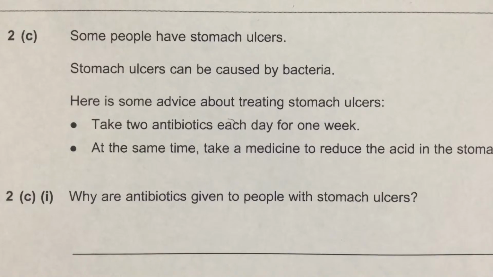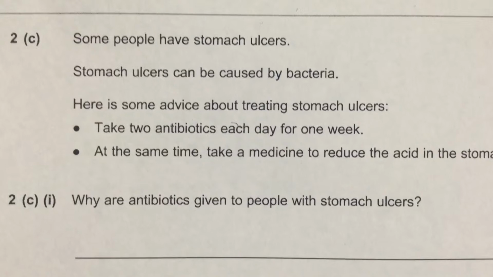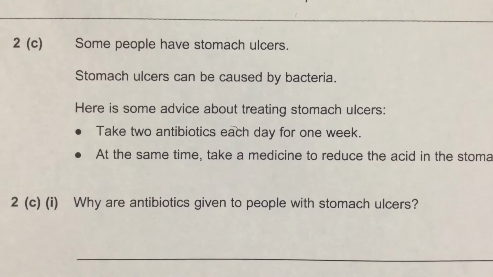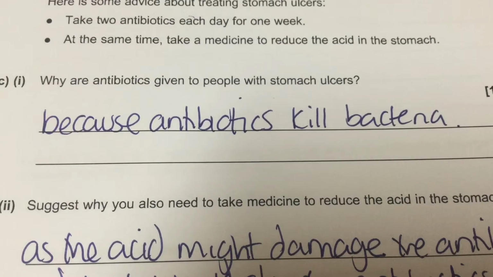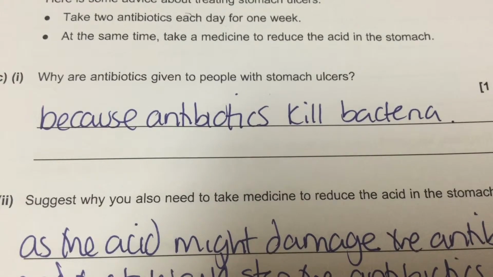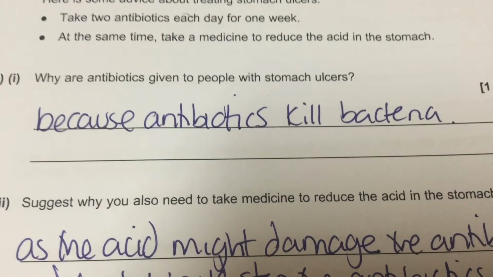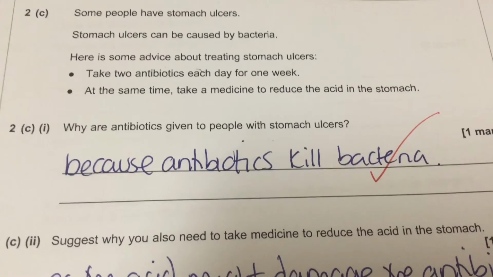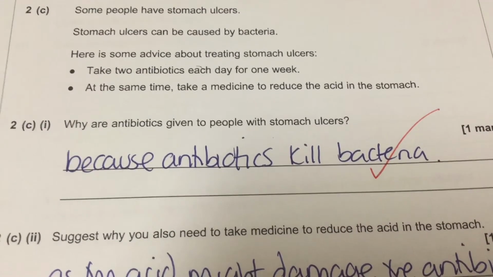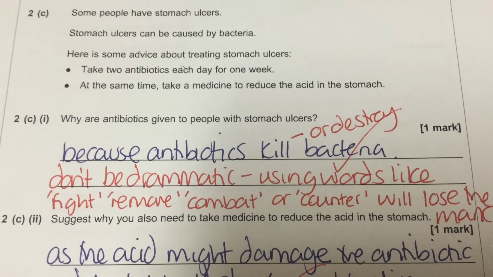The next question says that some people have stomach ulcers. Stomach ulcers can be caused by bacteria. Here's some advice about treating stomach ulcers. Take 2 antibiotics each day for 1 week. At the same time, take a medicine to reduce the acid in the stomach. And question 2c asks, why are antibiotics given to people with stomach ulcers? Clearly, the antibiotics will destroy or kill the bacteria. Don't be too dramatic when you answer your questions. Using words like fight the bacteria, remove the bacteria, combat the bacteria, or counter the bacteria will only lose you